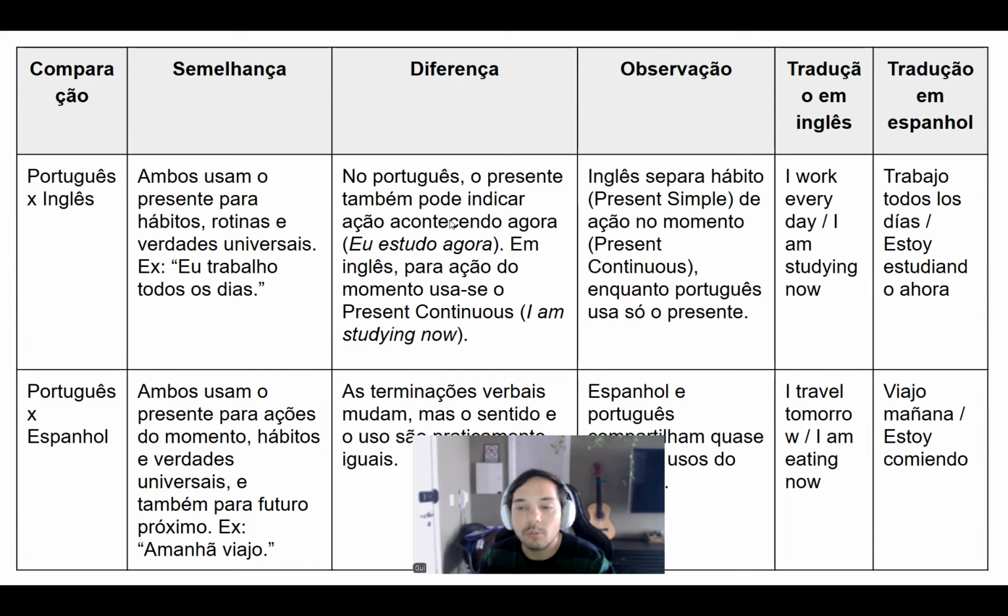I'm gonna give an example. When I'm talking about something general, I'm studying Spanish, but I'm not studying Spanish right now. Right now, not, but in general, I'm doing that. Now I'm talking. So in Portuguese, I'm gonna use the present continuous. Eu estou falando. But if I'm talking about something general, I'm studying Spanish, I'm gonna use the present. Eu estudo espanhol.